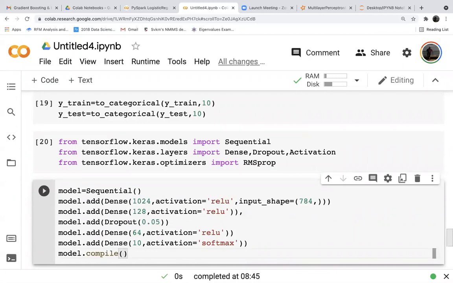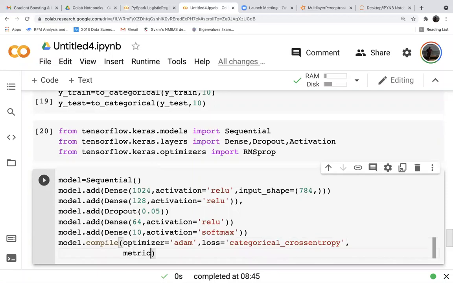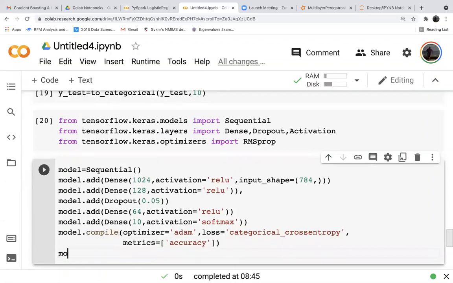You have to compile the model. Optimizer is equal to Adam, for the time being we'll use Adam optimizer. Loss is equal to categorical_crossentropy, metrics is equal to ['accuracy']. And then let us see the summary of the model. model.summary.